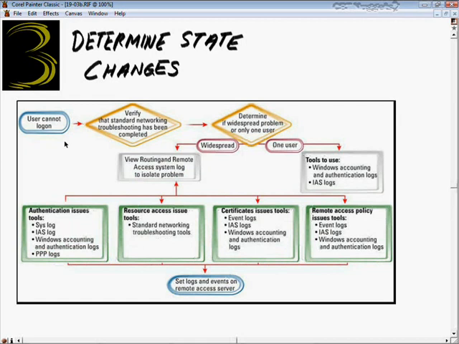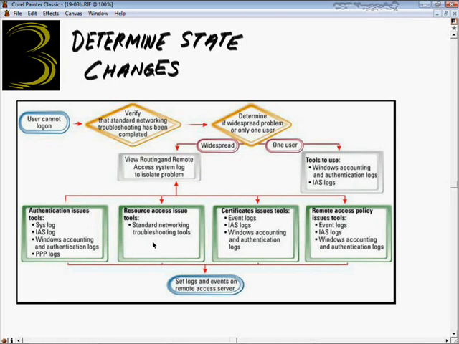So let's say now a user can't log on in a wide area network, okay? Then again, same thing. Is it a one-user solution? If it's a one-user solution, go look at the logs on that user system. If it's widespread, then you're going to go to the system that those remote users connect to. In a Windows environment, it's a Windows 2000, 2003 routing and remote access server. In your small to medium-sized business, it may be a router or a multi-layer switch or a firewall or adaptive security appliance. And then you go to that system and you look at the logs, you use standard network troubleshooting tools,